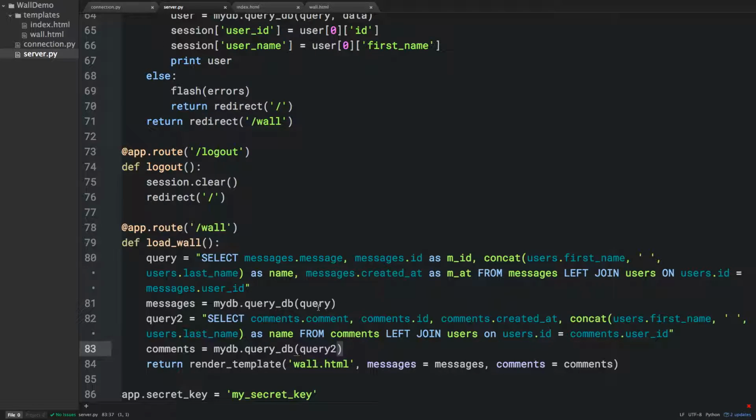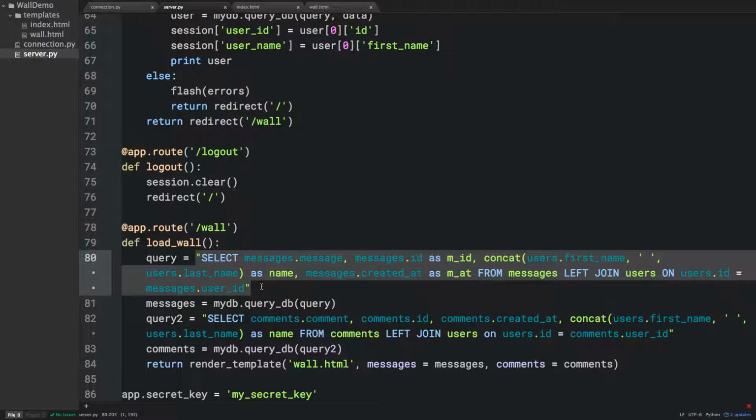Okay. So basically all we've done with these two things is said, hey, let's get our messages, our message ID, and then let's add our user's first name and last name just to make a single name, and then a created at as m_at, and we're just combining the messages and the users. And we did the same thing for the comments. So if we ran these queries over on our database side,